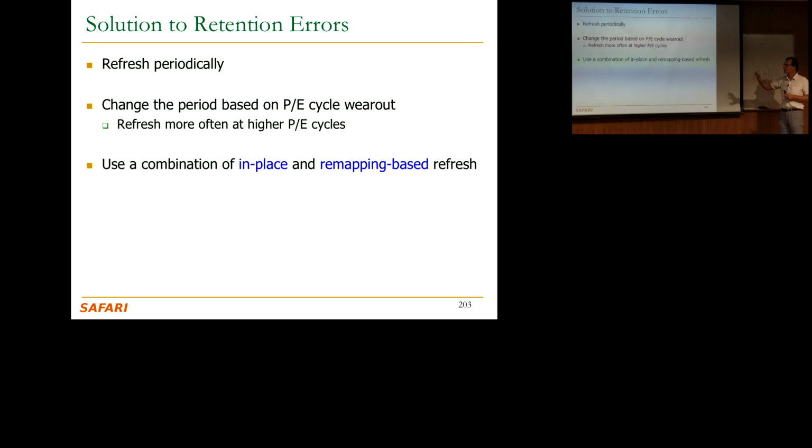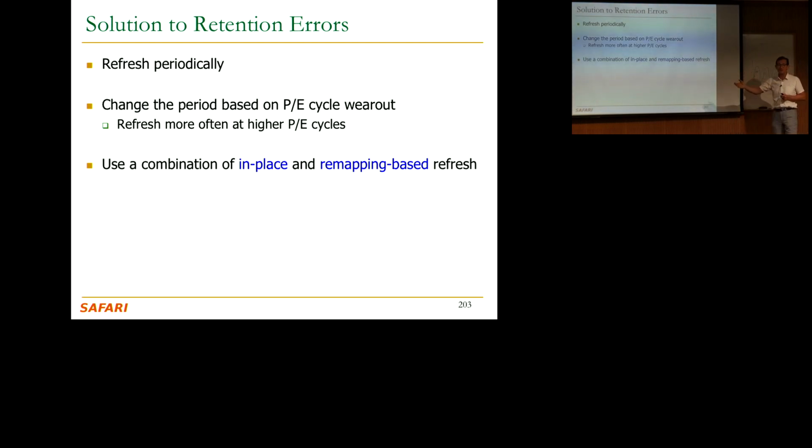And actually, Flash is interesting because whenever you need to refresh, you may need to rewrite the data somewhere else, but we also propose in-place refresh because when you're refreshing, you're strictly injecting charge. Retention loss means that this distribution over here shifts to the left. So this is the shifted distribution. As a result, you get errors because you read with the same reference voltage over here. So if you want to refresh, you want to inject more charge through incremental step pulse programming in Flash, you basically shift the distribution back to the right. So that's called in-place refresh.